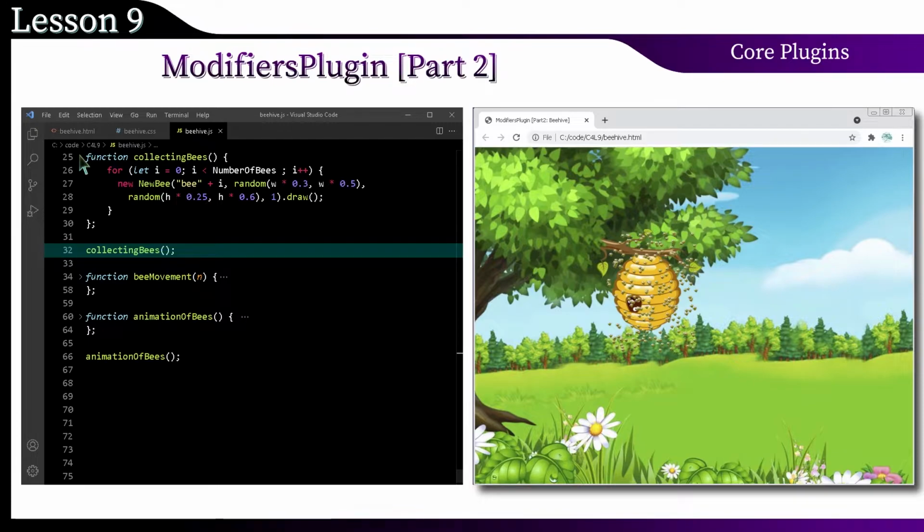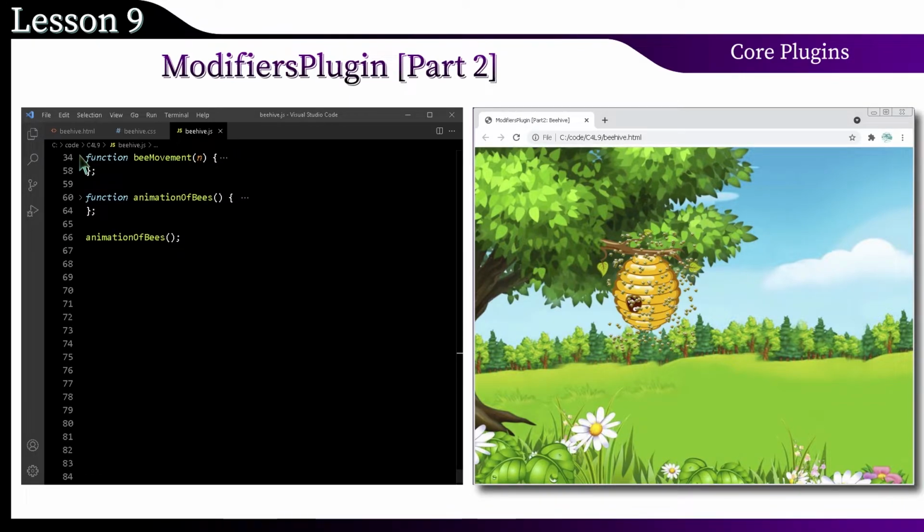Calling this function will give the result that you see on the right in the browser. This is the starting point for our animation. Each bee will fly at a unique speed along its own trajectory. Some will increase, creating the illusion of approaching, some will decrease, moving away.